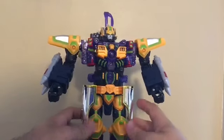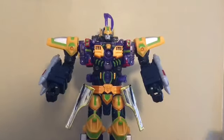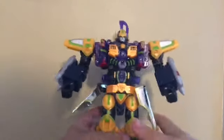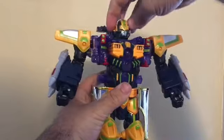So yeah, I do recommend Gladion. If you don't care about the video game, that's okay. I didn't care for it either, so I just care about the figure itself. Speaking of, one thing before I close this video, he does have some good articulation. The head,